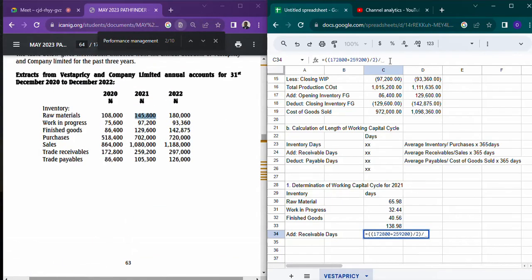Our sales for the year is 1080, right? For the actual year. Times 365, right? Then you had this plus 73,000, then you deduct